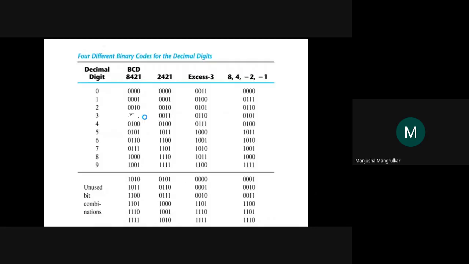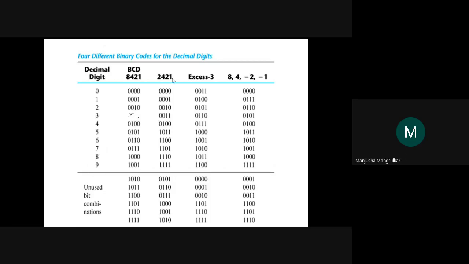Now this is the BCD number. Again, as I told you, this is the same as binary. 2 to the power 0 means 1, 2 to the power 1 means 2, 2 to the power 2 is 4, 2 to the power 3 is 8. And it is represented the same as the binary number. These numbers are not in use. After 10, it doesn't use into the BCD.